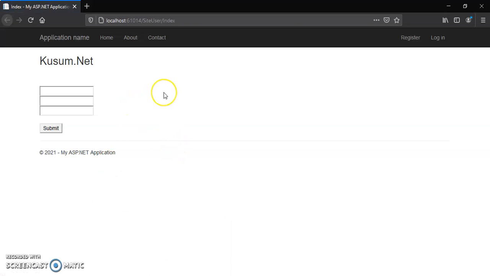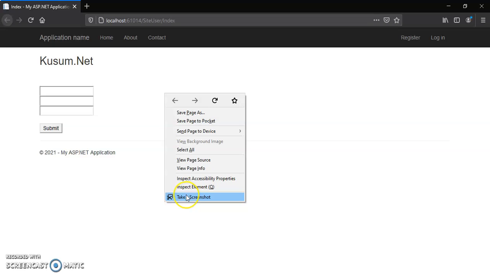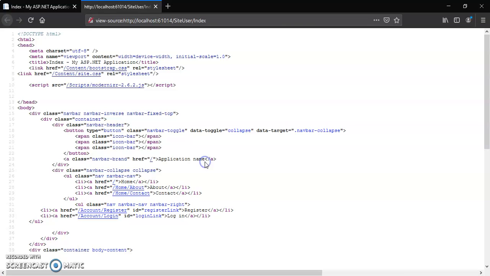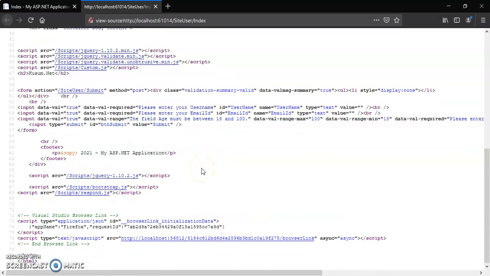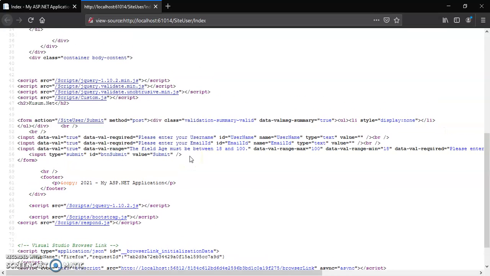When you right click on this page and go to view page source, you can see here my unobtrusive JavaScript is enabled. For the properties of username, email id and age, all have this data-val and data-val-required attribute. Why is this generated? Because my UnobtrusiveJavaScriptEnabled is equal to true in web.config.